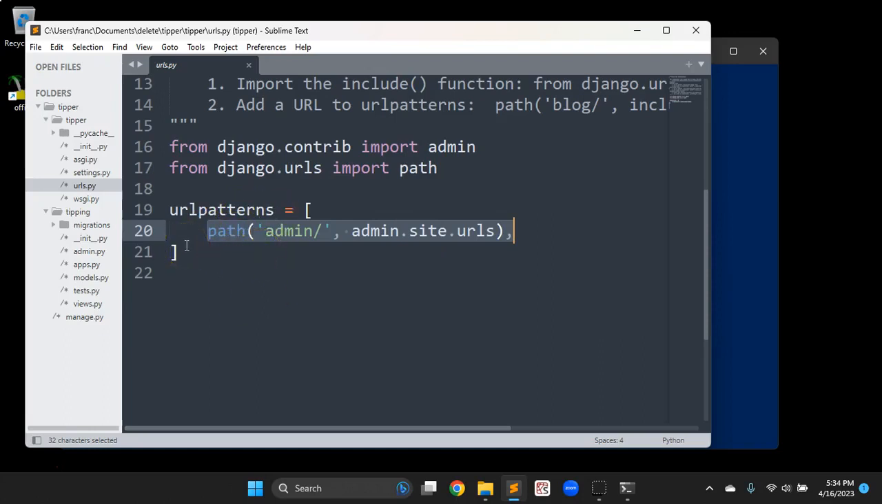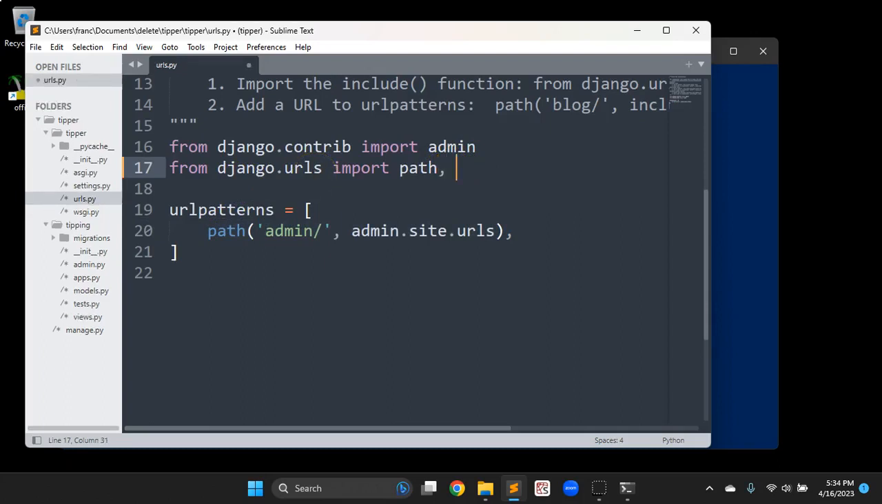So what's a lot more common is to just point to the project from here. To do that, I need to import one other thing here. So from django.urls, I also want to import include. So then on the next path,